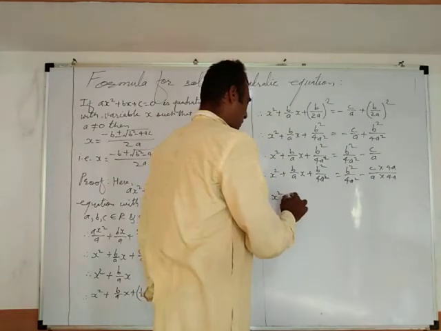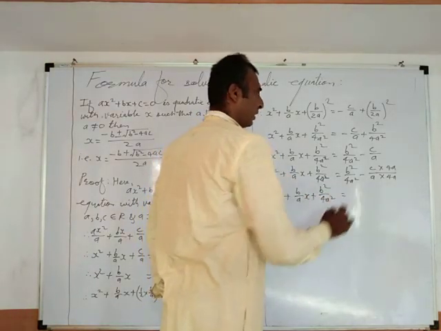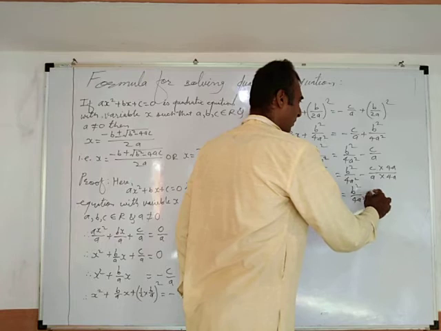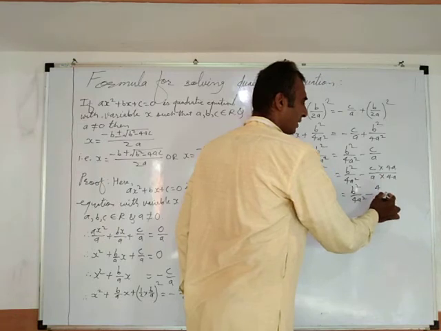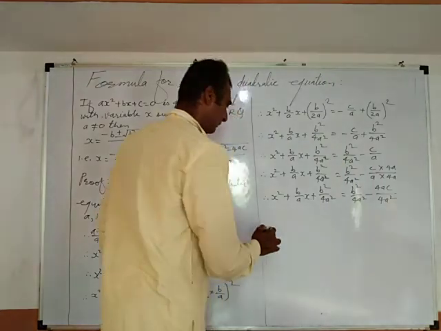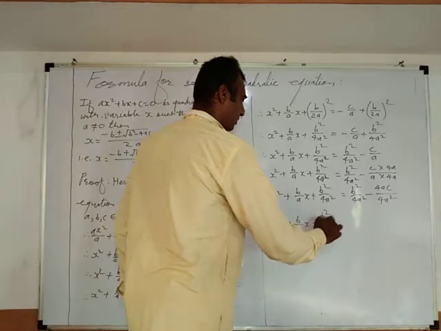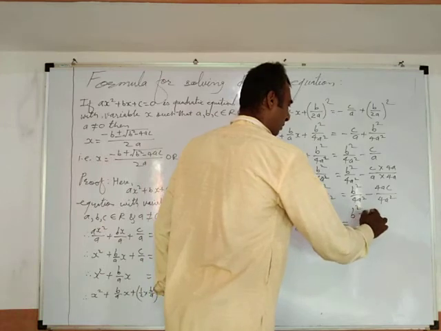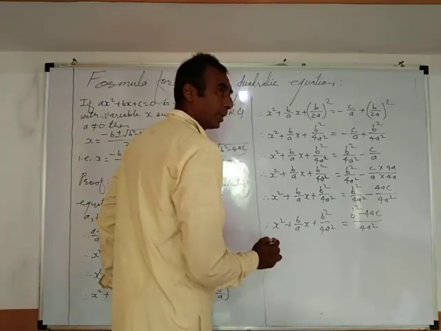Therefore, x square plus b by a x plus b square upon 4a square equals b square upon 4a square minus c into 4a gives us 4ac upon 4a square. Therefore, it is x square plus b by a x plus b square upon 4a square equals b square minus 4ac upon 4a square. Now, it can be written as